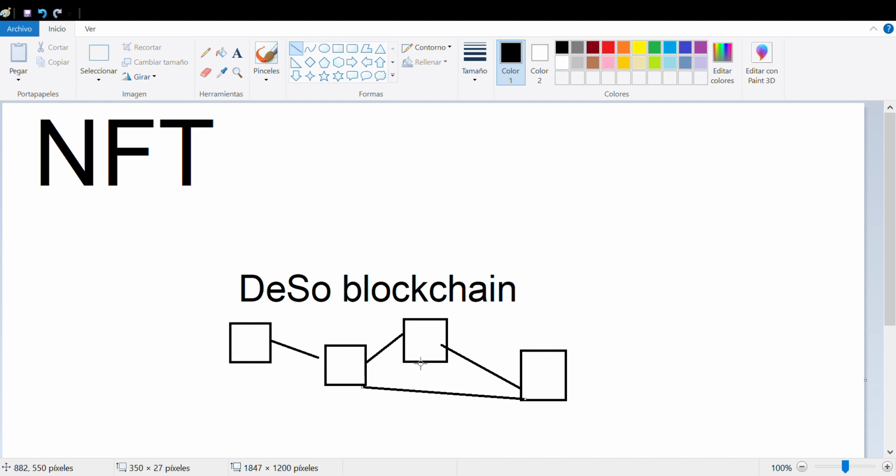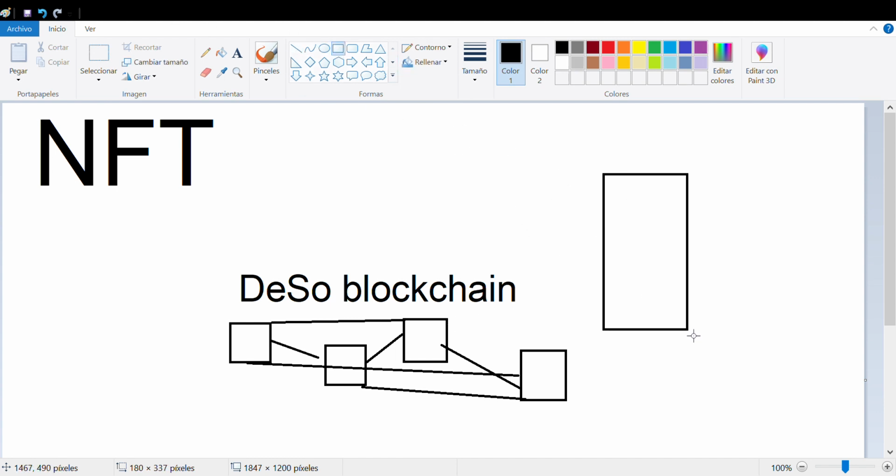They are all connected. So I create an NFT, which can be, for example, an image, and I create the ownership of this image.